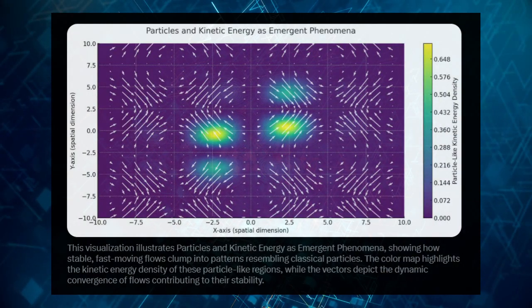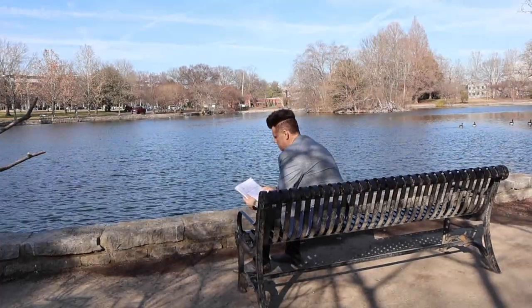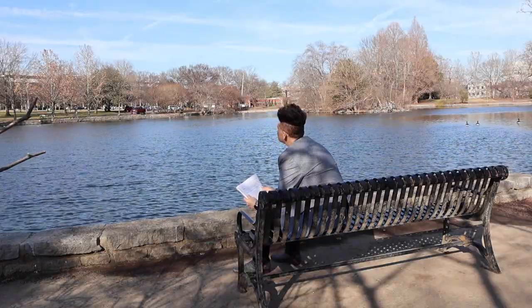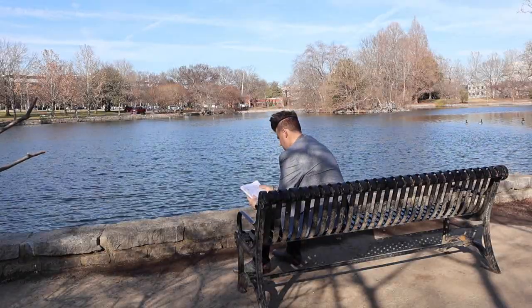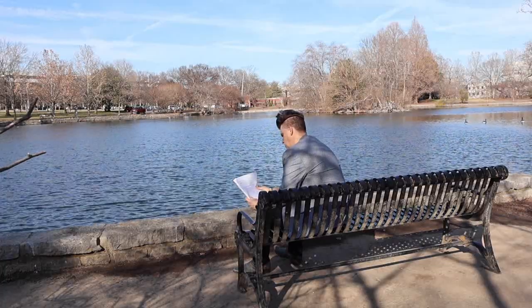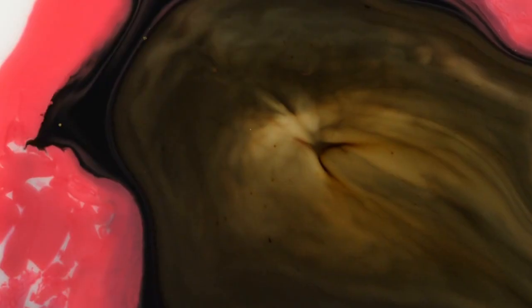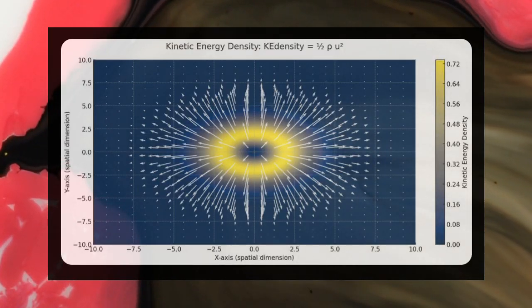RLFlow takes energy as a property of flows. In RLFlow, everything, matter, forces, even space itself, is made of energy flows. Nothing is truly solid. What we call objects are just stable flow patterns. And kinetic energy? That's not something particles carry. It's the energy of motion within the flow field.